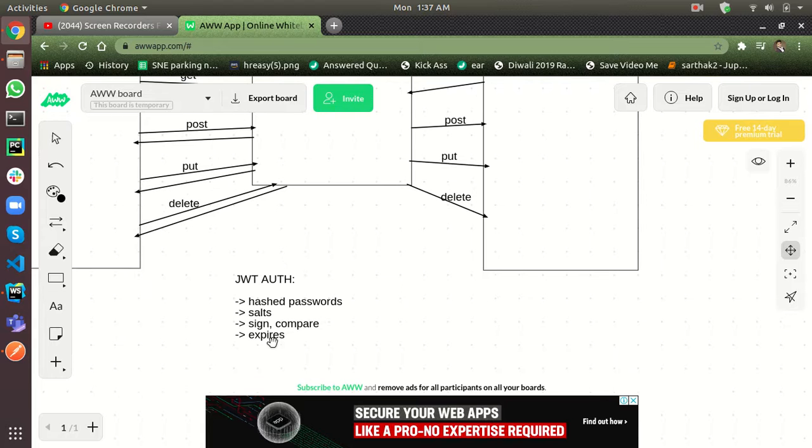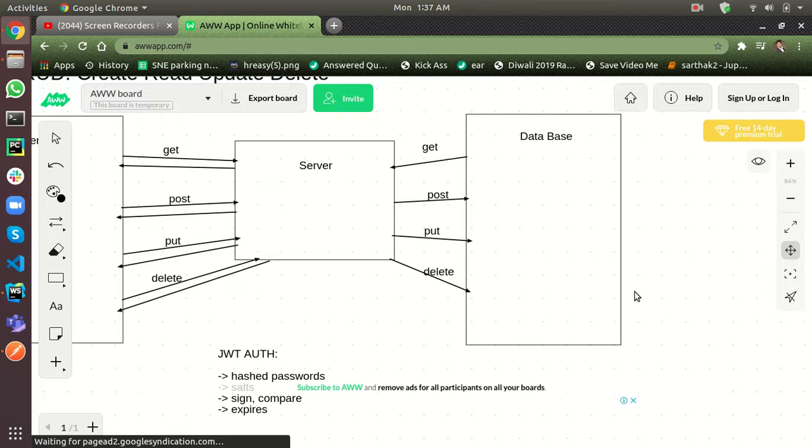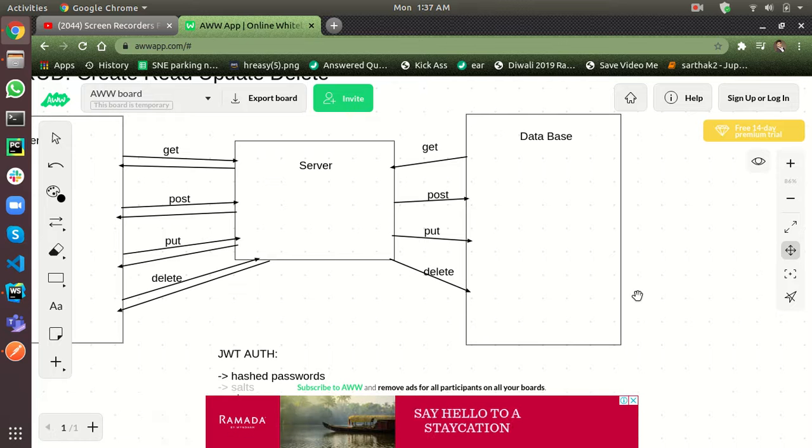So we can use the expiry feature of JWT. JWT creates a token. That token is transferred to the user, and whenever the user has that token, he can use it for further authentication. So we can do one thing: we can expire that token in a limited period of time, so that the hacker does not get all-time access to our database.